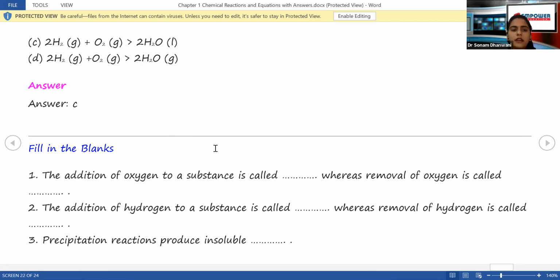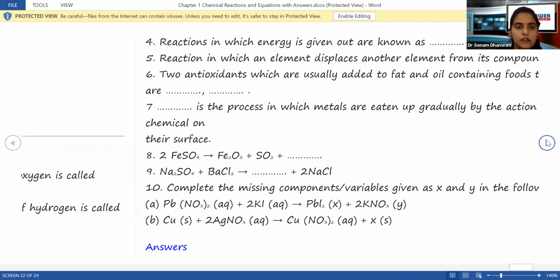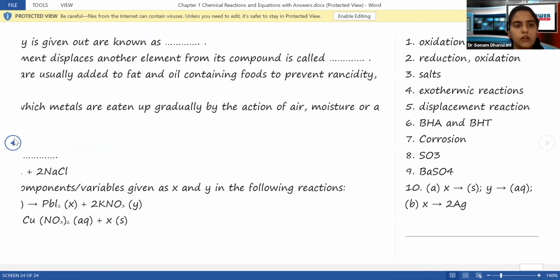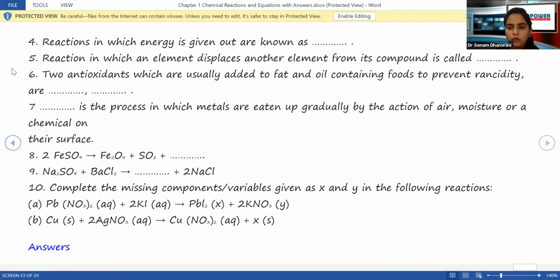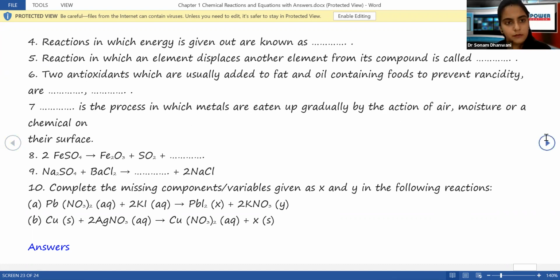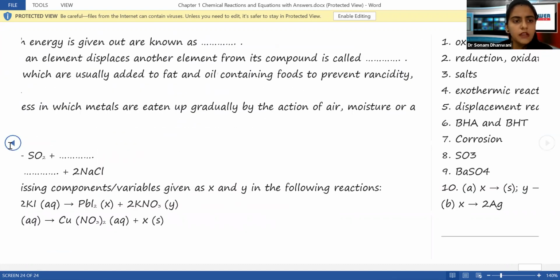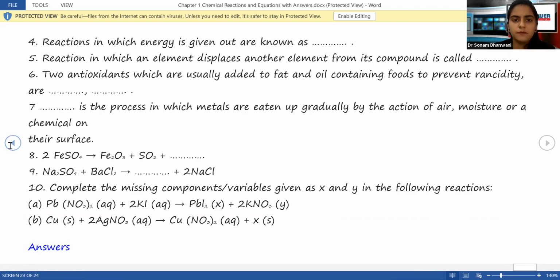Okay, going ahead. The addition of oxygen to a substance is called oxidation and removal is called reduction. Now this is the opposite: addition of hydrogen is called reduction and removal of hydrogen is called oxidation. Precipitation reactions produce insoluble salts, right? Yes, they produce insoluble salts. Reactions in which energy is given out are known as exothermic. Yes, correct. Reactions in which an element displaces another element from its compound is known as displacement reaction. Correct. Next, dash is the process in which metals are eaten up gradually by the action of air, moisture